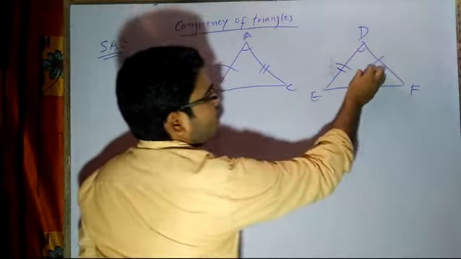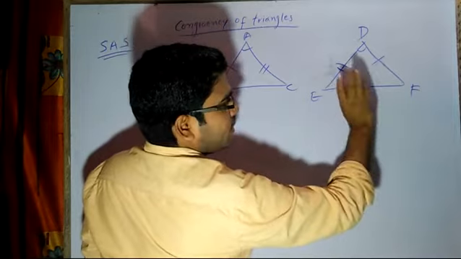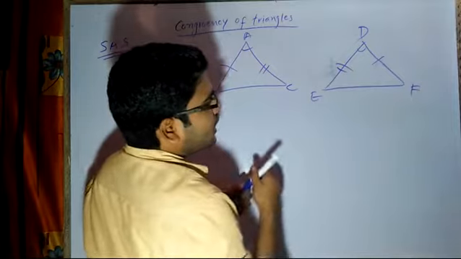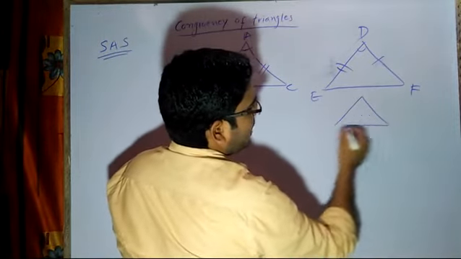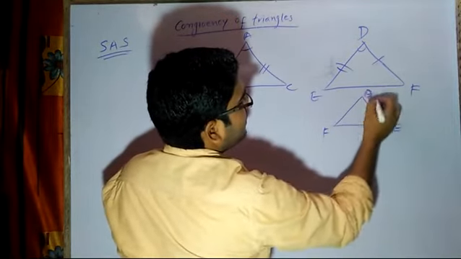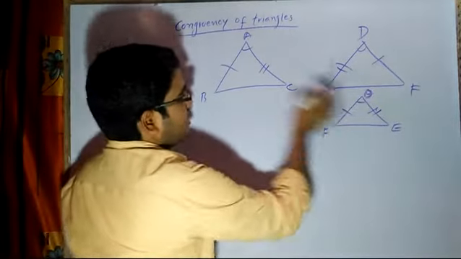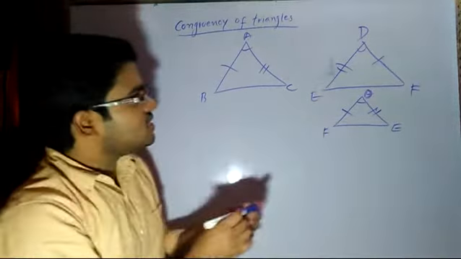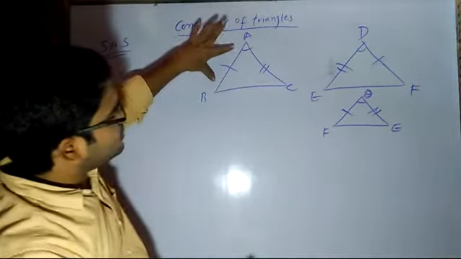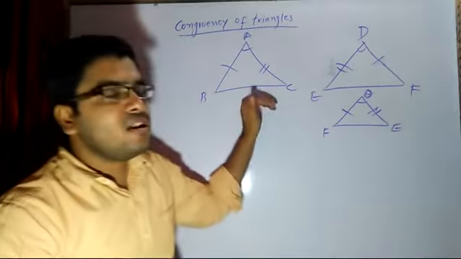If I try to lift and put it here, I will not be able to do that. Then what do I have to do? I have to just rotate it like this. This triangle I will take in my hand and then rotate. If I rotate, then after rotation, which type of triangle will I have? I will have E here, F this side, D will be here, and obviously this double side will go there, single side will come this side. Now you can see it is the same visual. You can visualize this after taking and rotating and then trying to keep it. This side will come and sit over here, this side will come and sit over here, the angle will sit there, and obviously this side will sit here.